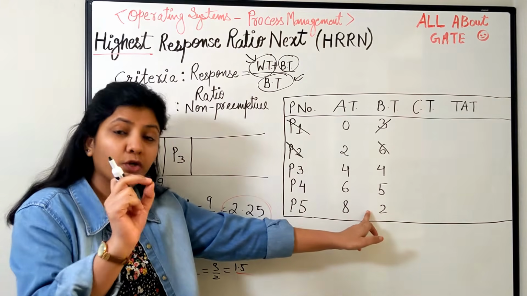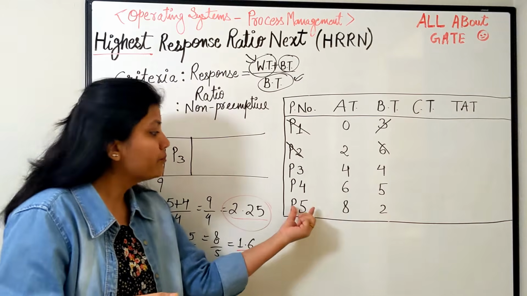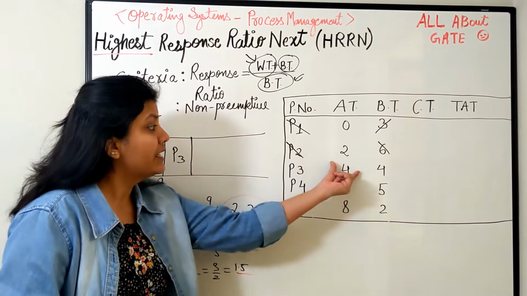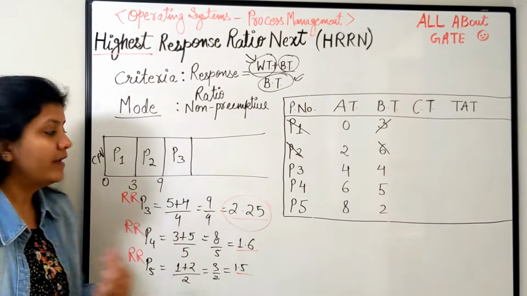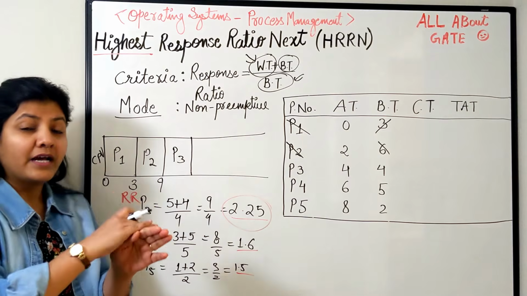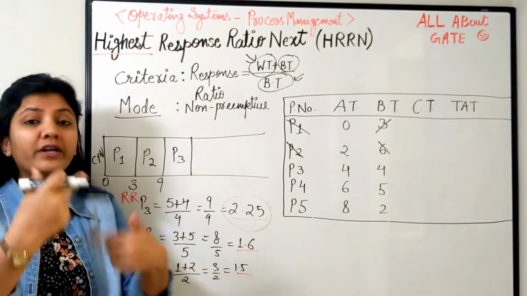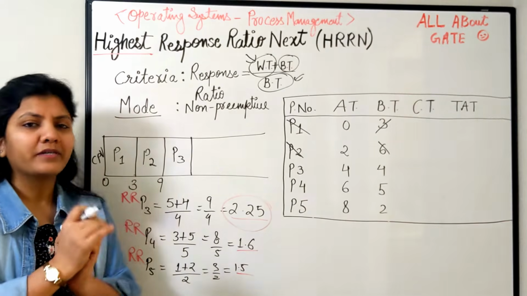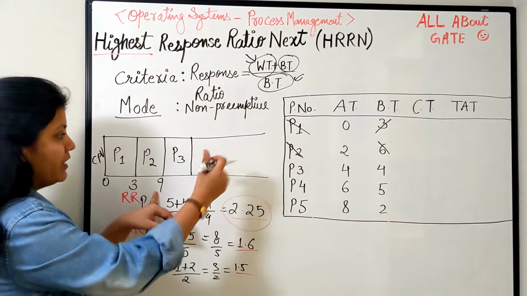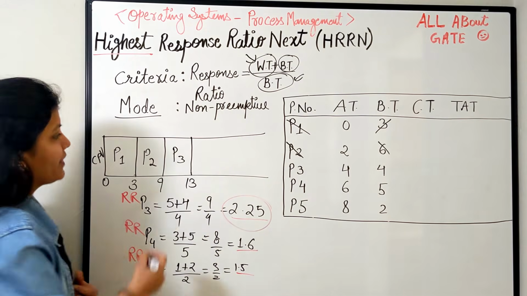If you just look at the burst time, who should go as per the smallest burst time? P5. But we are not only looking at the burst time, but we are also looking at the time they are waiting. So this is where you can understand that it is not making a process starve, waiting for its turn only because it has a little longer burst than the smallest burst. Fine, so P3 comes, it needs 4, so 9 plus 4 is 13, correct? Now this is done.